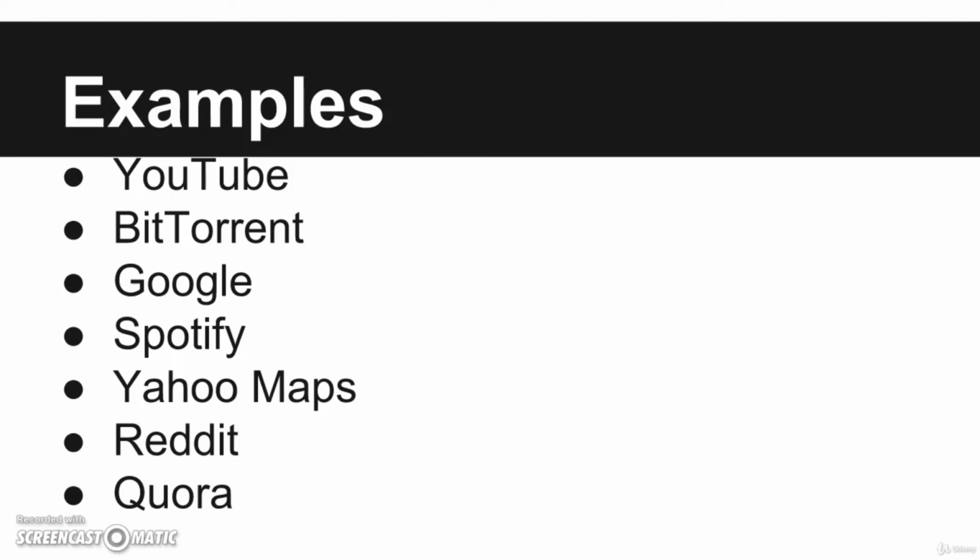The last one is Instagram. If you love taking photos of your food or a new outfit and posting it online for all of your friends to see, you can thank Python for that ability. So Instagram is also built on Python. These are some of them. There are hundreds of websites built on Python.